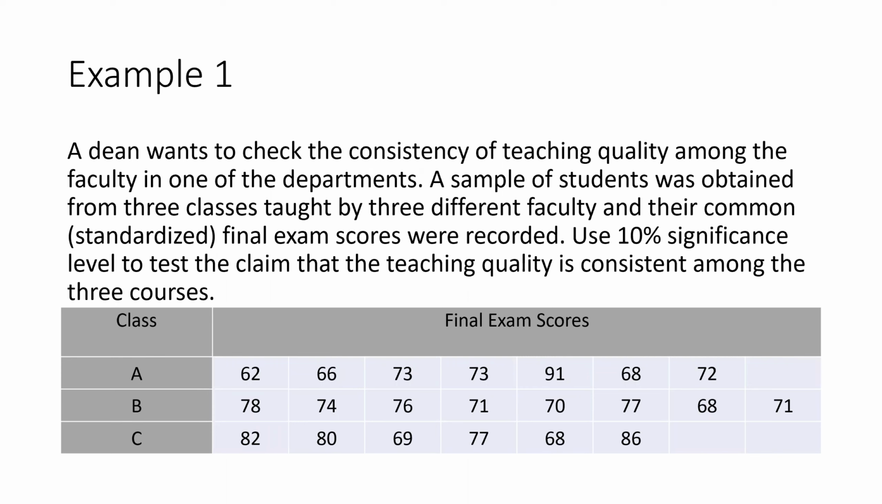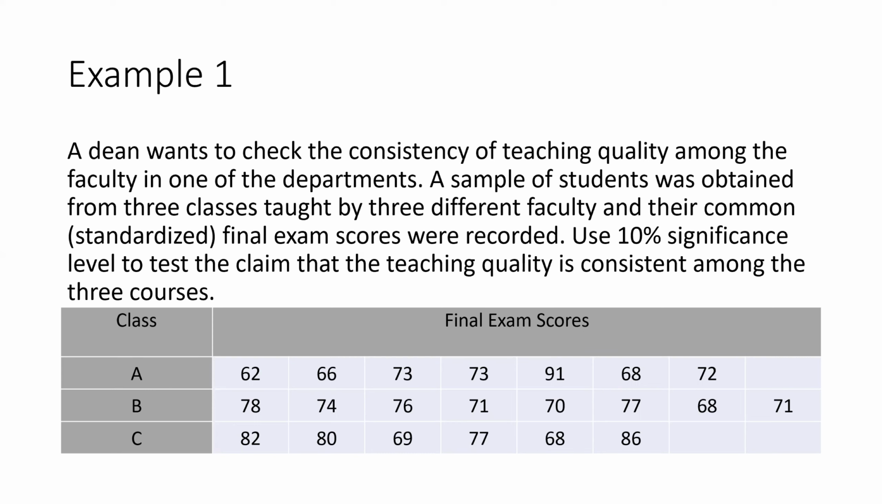samples from different populations. So, for example, a dean wants to check the consistency of teaching quality among the faculty in one of the departments. A sample of students was obtained from 3 classes taught by 3 different faculty, and their common standardized final exam scores were recorded. Use 10% significance level to test the claim that the teaching quality is consistent among the 3